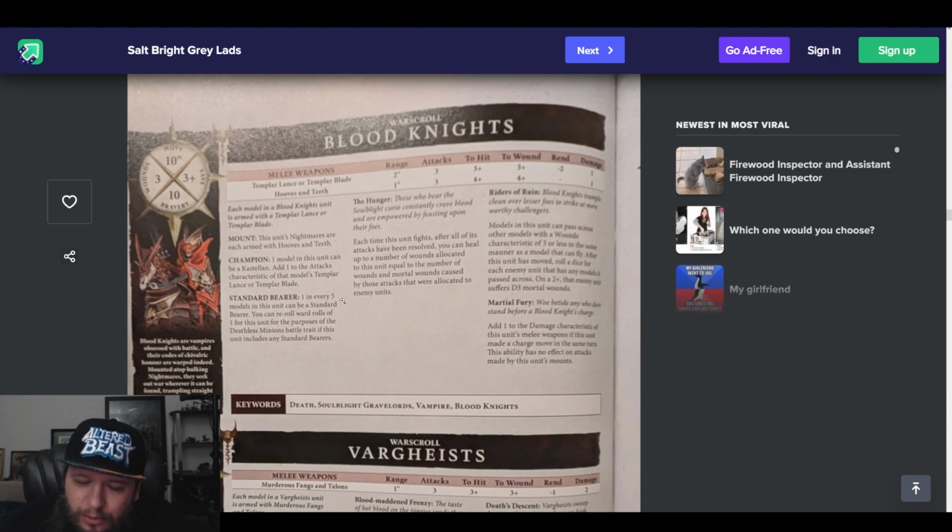3s and 3s, -2/1. I was hoping for -2/2, so they weren't all on the charge, but that's okay. I mean, most cavalry are all on the charge, right? Reroll ward rolls of 1 for this unit with the standard bearer. Interesting. Okay, so 3 up and you can reroll ward rolls of 1. Okay, that's very often not going to matter, but